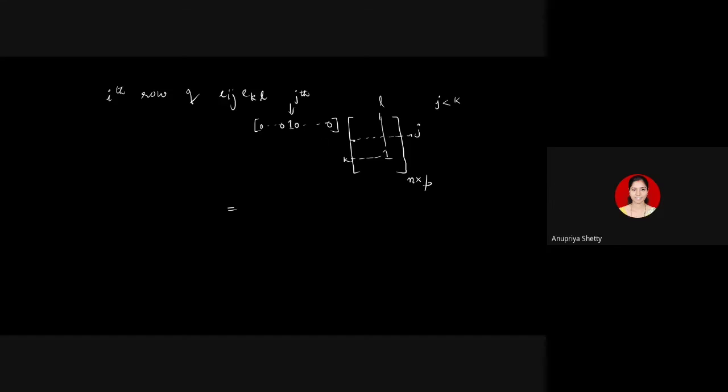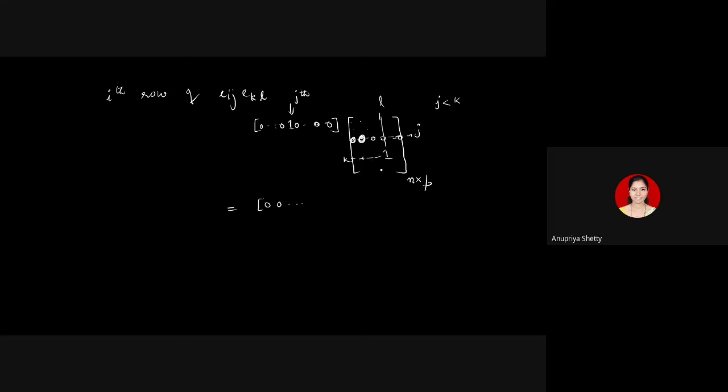And what is present in the jth row of the second matrix? All zeros. Everything is 0, because the only 1 is present here in the kth row. Now if I multiply this row with each of the columns, 0 into the first entry, plus 0 into the second entry, etc., plus 1 into this 0, plus 0 into 0, everything is 0. So the first entry is 0. This row with the second column, what will happen? 0 into the first entry, plus 0 into the second entry, etc., plus 1 into this 0, that's again 0, etc., plus 0 into whatever entry is here, that's also 0. So you'll get 0, the second 0. And do that with each of the columns.